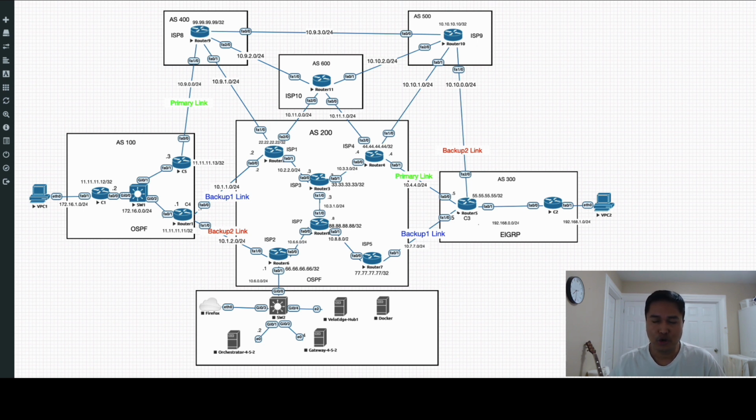For today's video, we're going to configure BGP manipulation. We're going to manipulate the traffic based on weight, MED, and prepend, and we're going to configure regular expressions so that we can achieve our goal, because our primary link will be the green one,